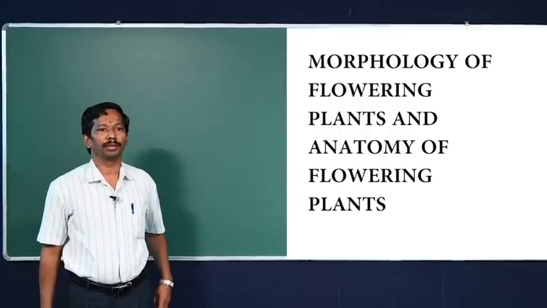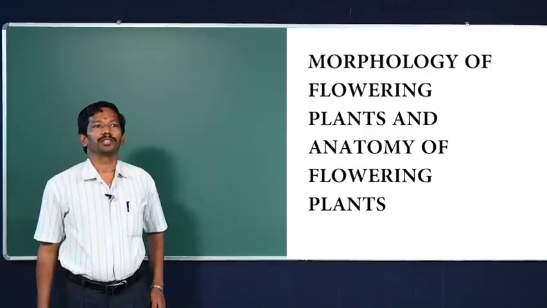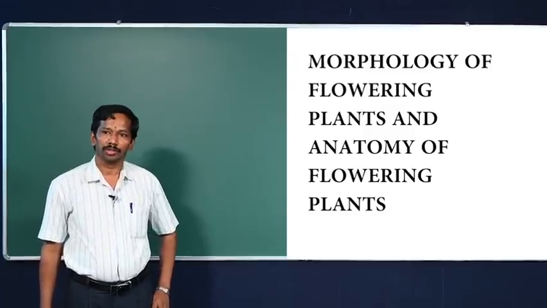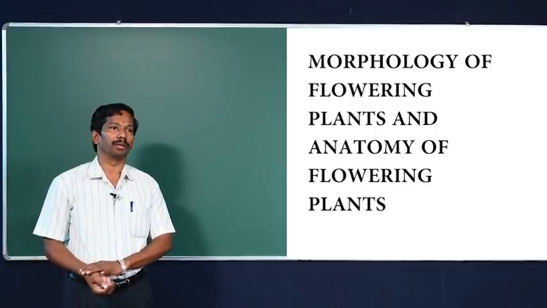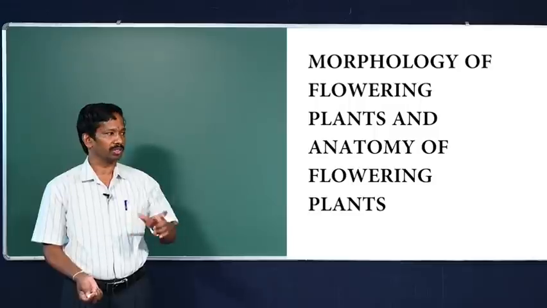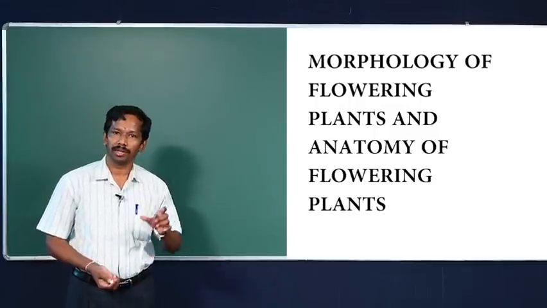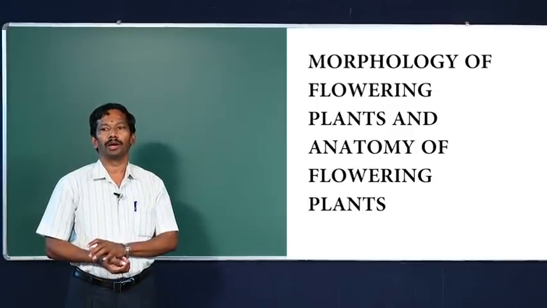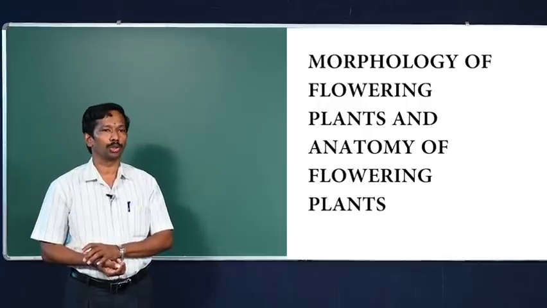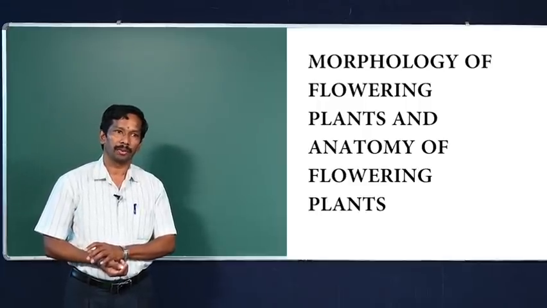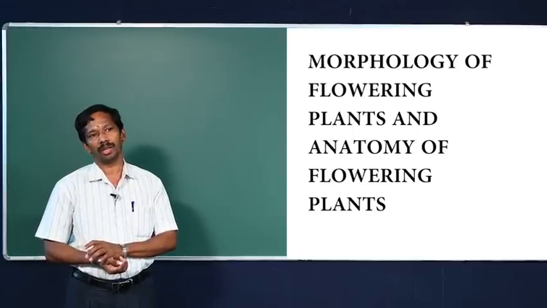Good morning. NEET Unit B3, Morphology of Flowering Plants and Anatomy of Flowering Plants. This chapter contains so many examples, terminologies and diagrams. So it is better to remember the examples belonging to this chapter along with the connected chapters, as well as diagrams related with the anatomy. And it is better to remember some practical related diagrams also. So you can recollect your practical diagrams, and it will help you to remember so many answers for so